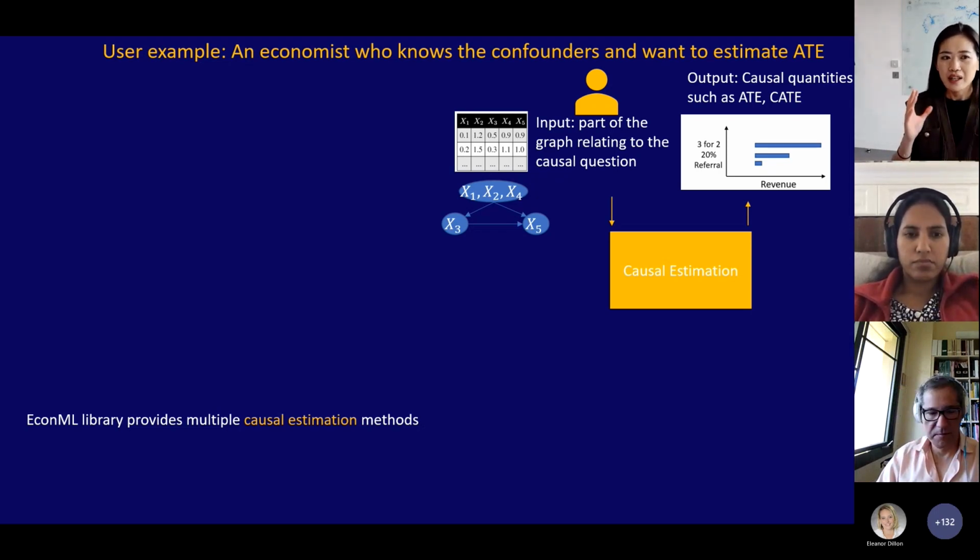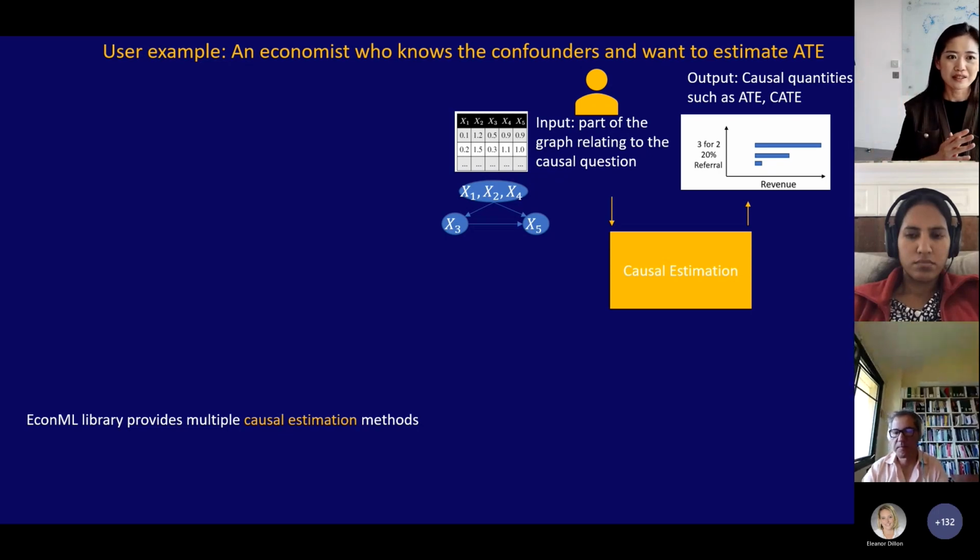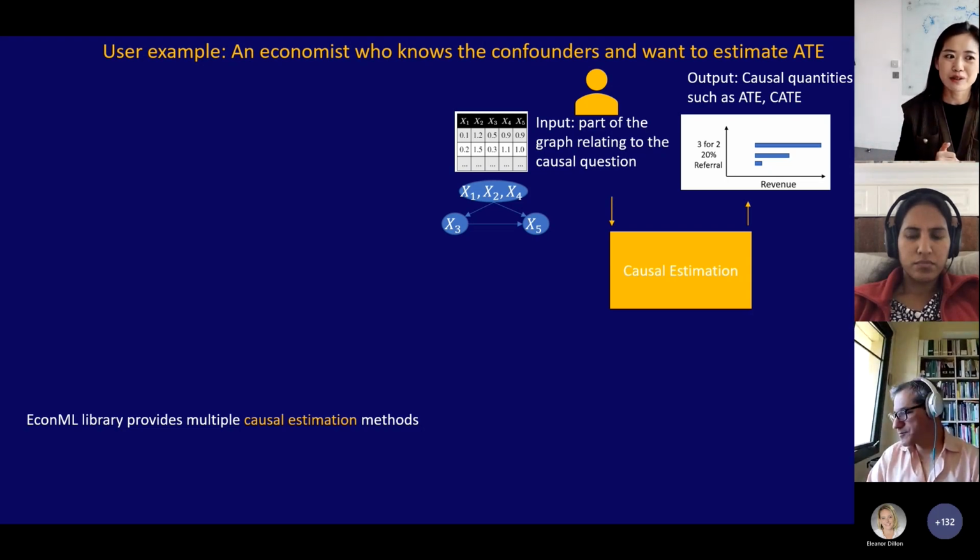So they have the input, know the whole historical data, and they can also, from domain expertise, find out the basic causal graph, like what the confounders are, etc. In this way, we can use the causal estimation. This can already solve the whole problem. The EconML part of our library provides many of the state-of-the-art causal estimation methods.